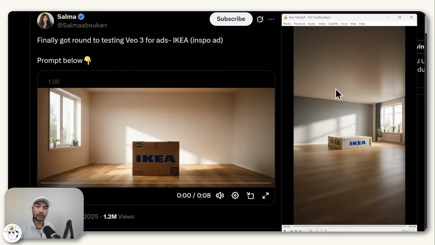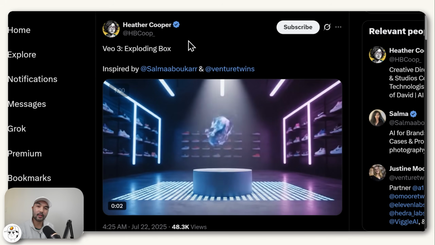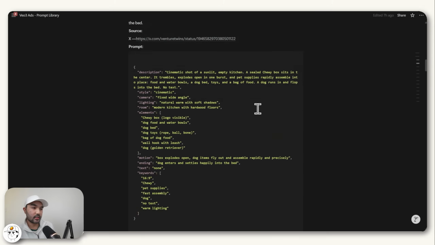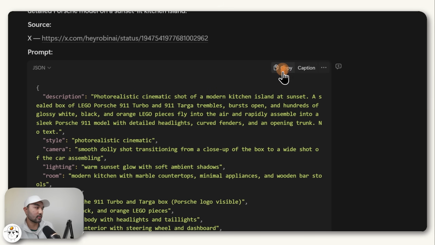if you wish to create ready-to-publish marketing ads like this IKEA one from Salma, this Tesla ad by Michael, this sneaker launch ad by Heather, this Jeep ad by Guillermo, or this Rimowa ad also from Salma, and several more prompts and templates in this prompt library which I organized so that you can just copy them and use them